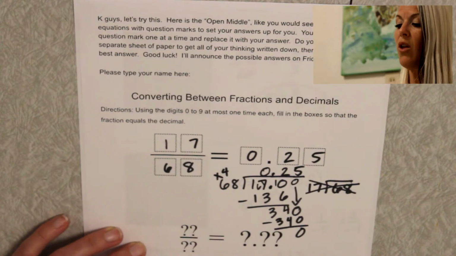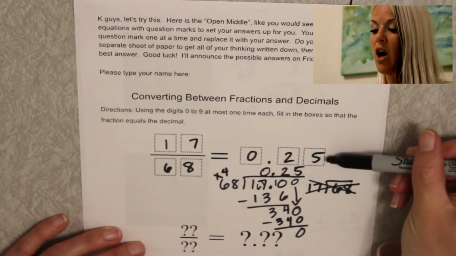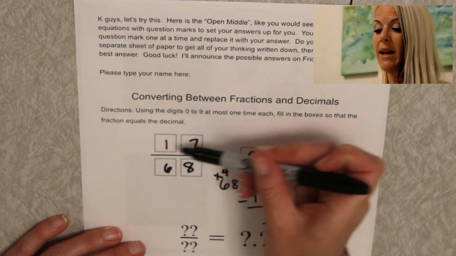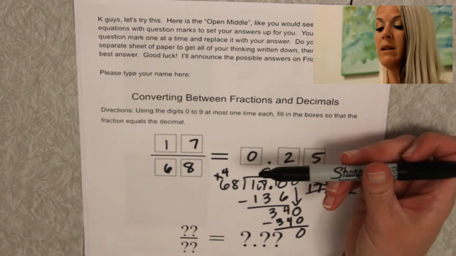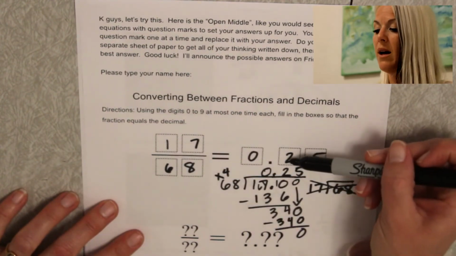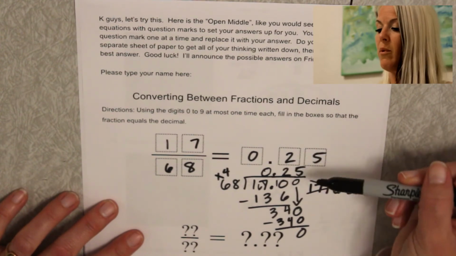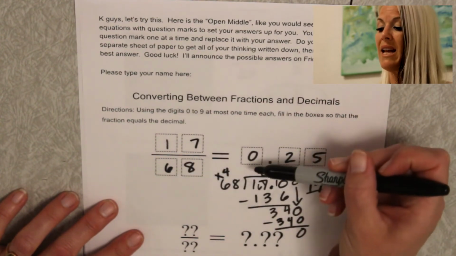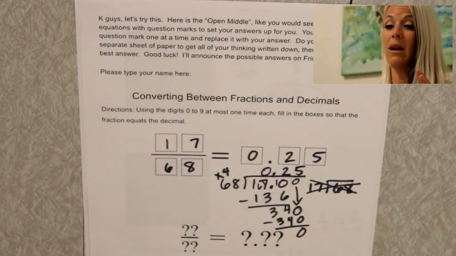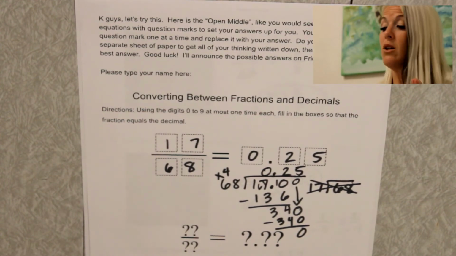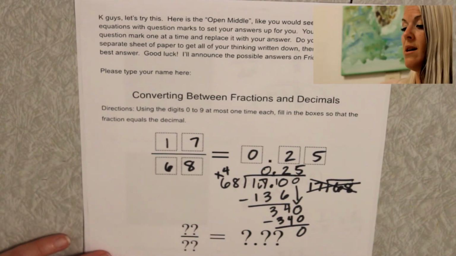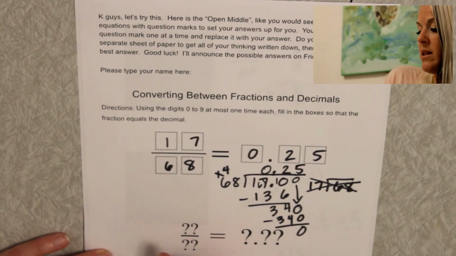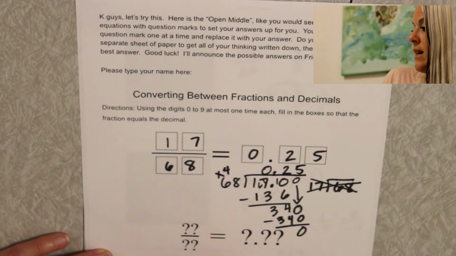So this follows all of our rules. Our number stopped at the hundredths place. We had a digit in every box, and we used our digits only 1 time each. We have a 1, a 2, we didn't use 3 or 4, but we've got a 5, a 6, a 7, 8, and a 0, and we stayed in between 0 and 9. So that is one of our most popular answers, and a few other possible answers were 36 over 48,